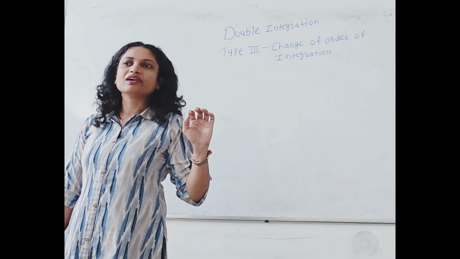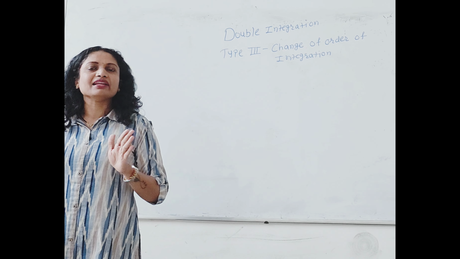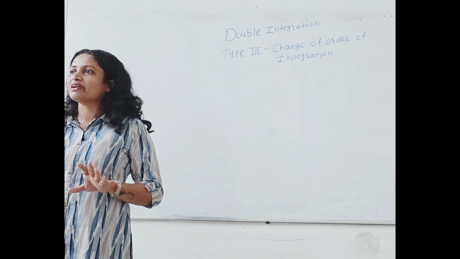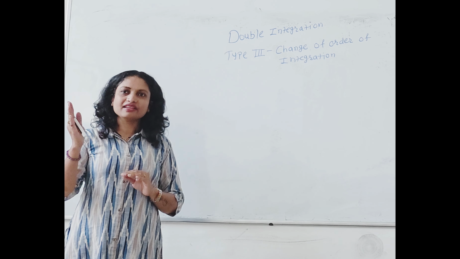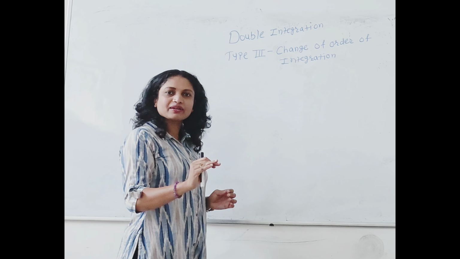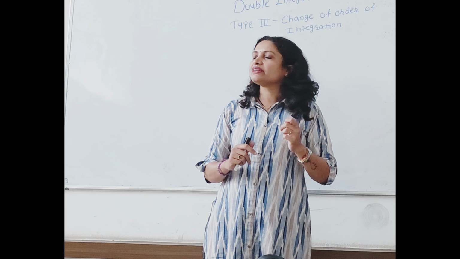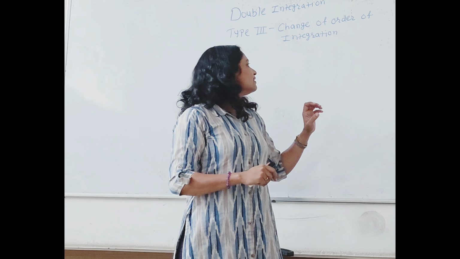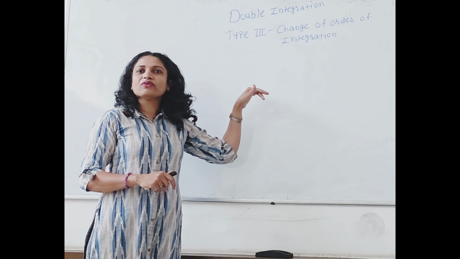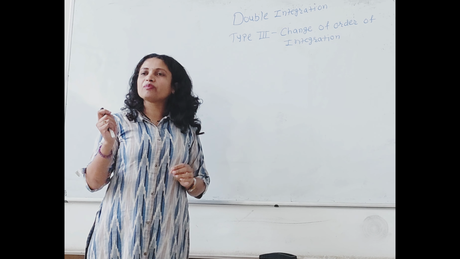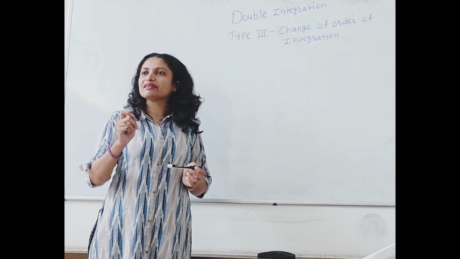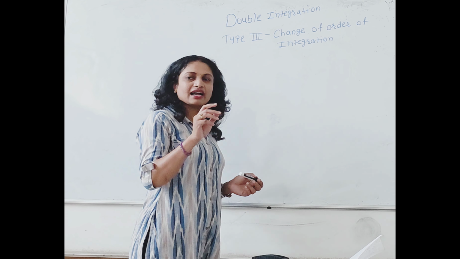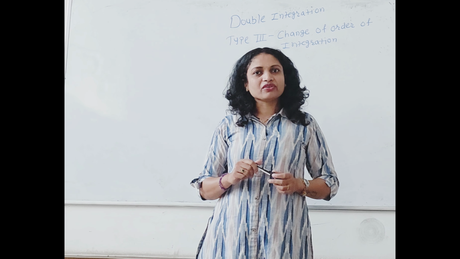Previous two types. The first type was direct evaluation, when limits of integration are given. Directly you have to follow the sequence. If the limit of integration is variable, you need to integrate with respect to that first, and afterward with respect to the constant limits. That was type 1. In type 2, we have studied how to calculate the limits of integration when limits are not provided. We are considering either a vertical strip or a horizontal strip.